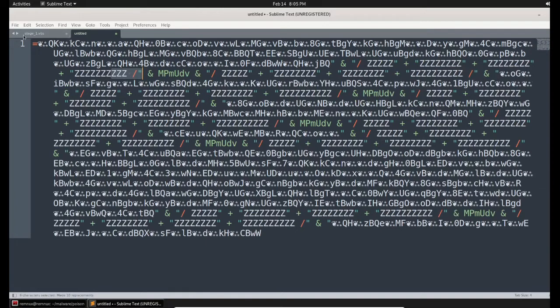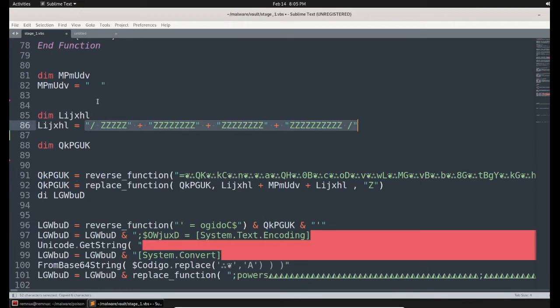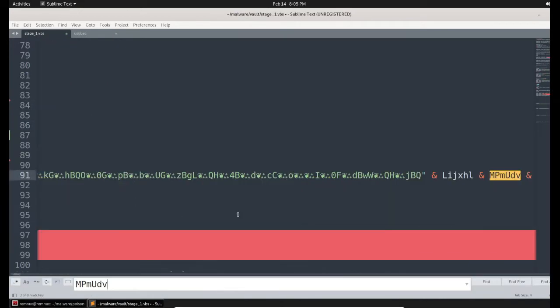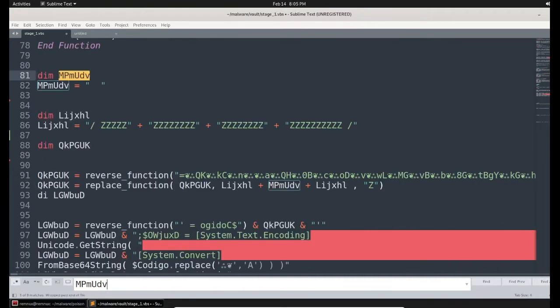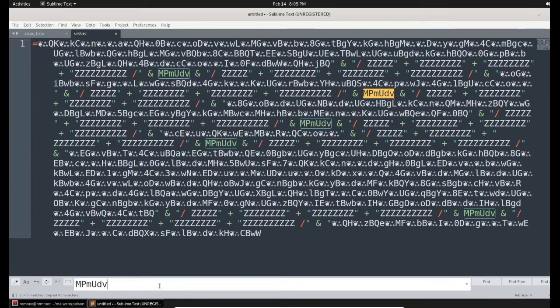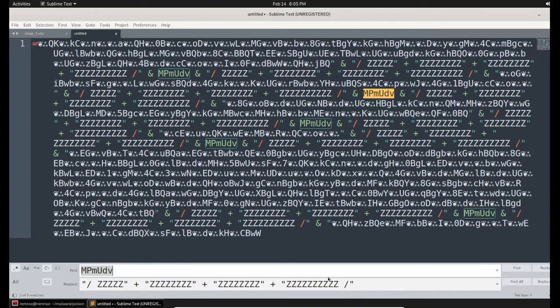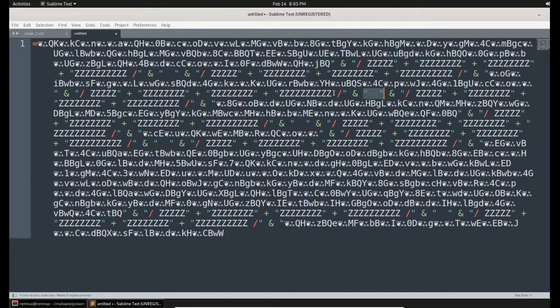Just now I replaced it, and the next variable is this one. So let me check its value. And it is an empty string, the space characters. So let me replace that as well. Control H, replacing its space characters and replace all. So I replaced all the occurrences. What else? Do we have any other variable here? I don't think so. We can see some concatenation ampersand character. Apart from that, we don't have any.